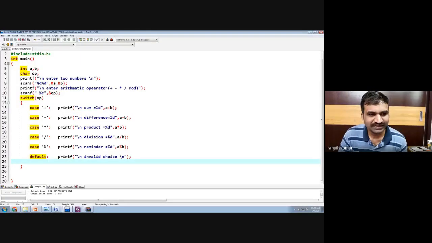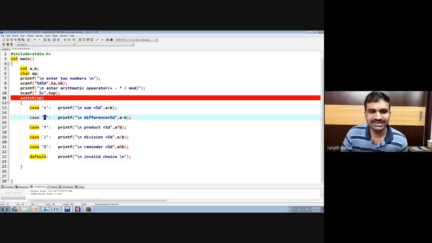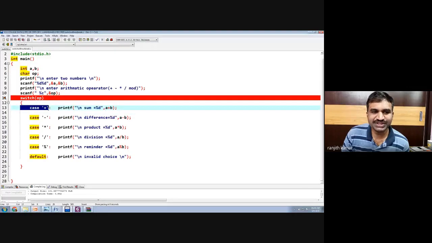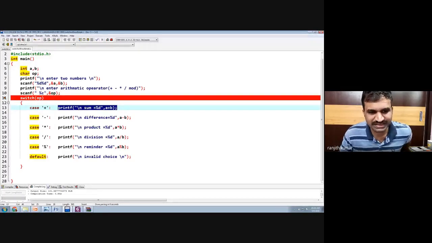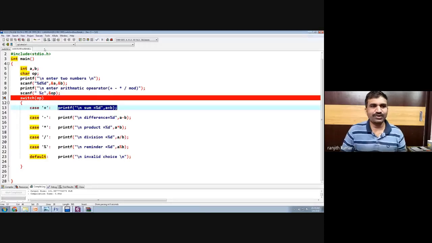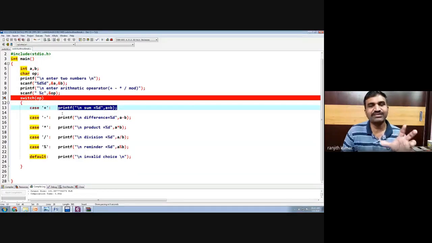So what will happen is, first the input will be compared with each and every case constant value. So the input of the switch will be compared for equality with the case constant. Okay. So once the condition is true, it will start executing the statements. Once it is true, it will not check further conditions and it will execute all the statements in the list. So if you want to execute only the corresponding case, use break. If you don't want to use break, you want to execute all the case statements, then use without break. Now we have to decide whether to do the program with break or without break.